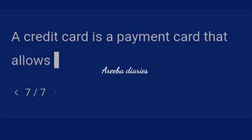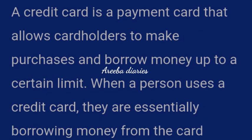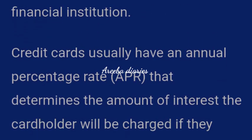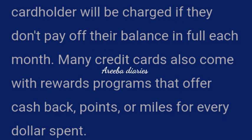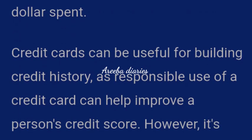A credit card is a type of payment card that allows you to borrow money from a financial institution or bank to make purchases. With a credit card, you can make purchases up to a certain credit limit set by the issuer, and you have to repay the borrowed amount with interest within a certain time frame. When you use a credit card to make a purchase, the issuer pays the merchant on your behalf,